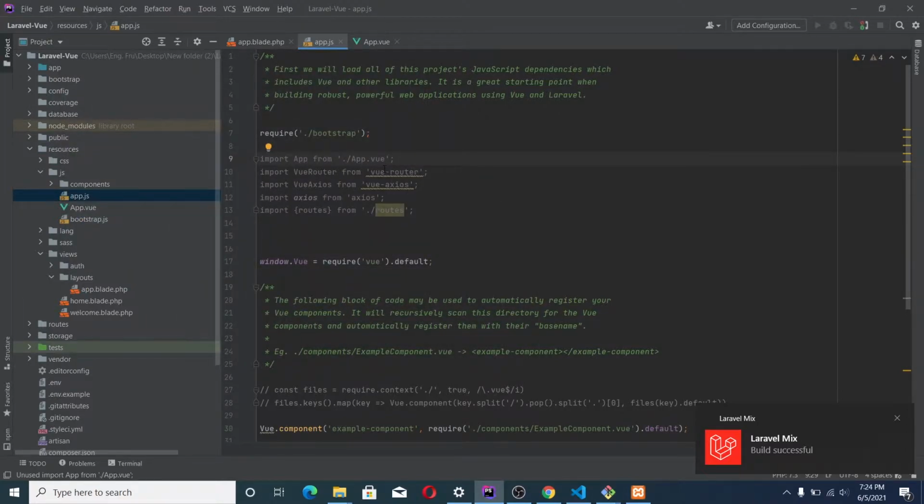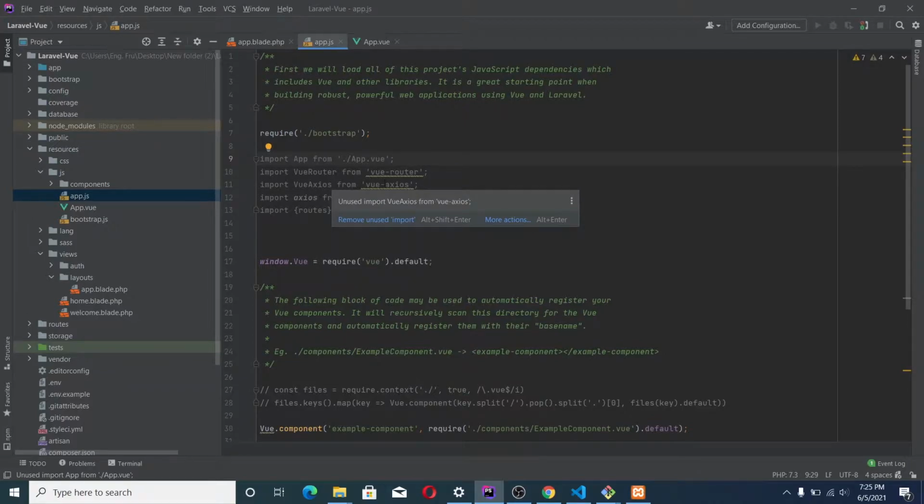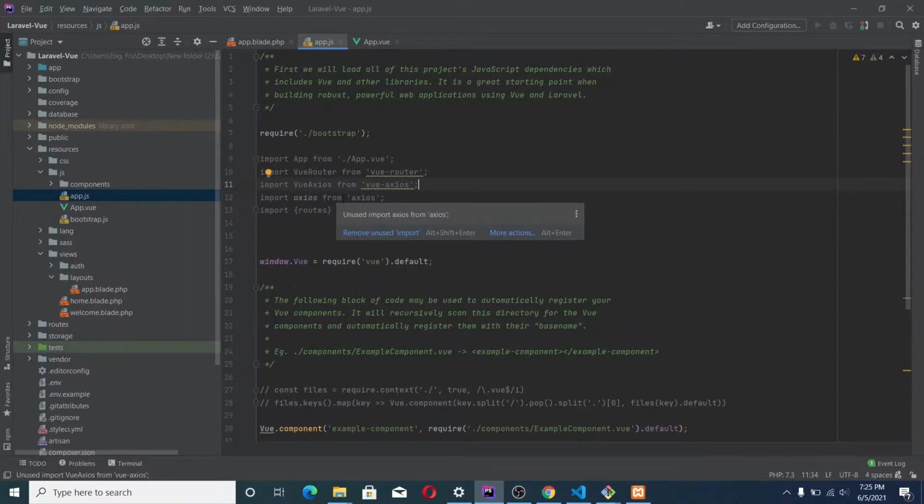Alright, so we are importing vue-router, the one we installed earlier. We are also going to be using vue-axios, so we are importing vue-axios from here. So you see, from axios, import axios.